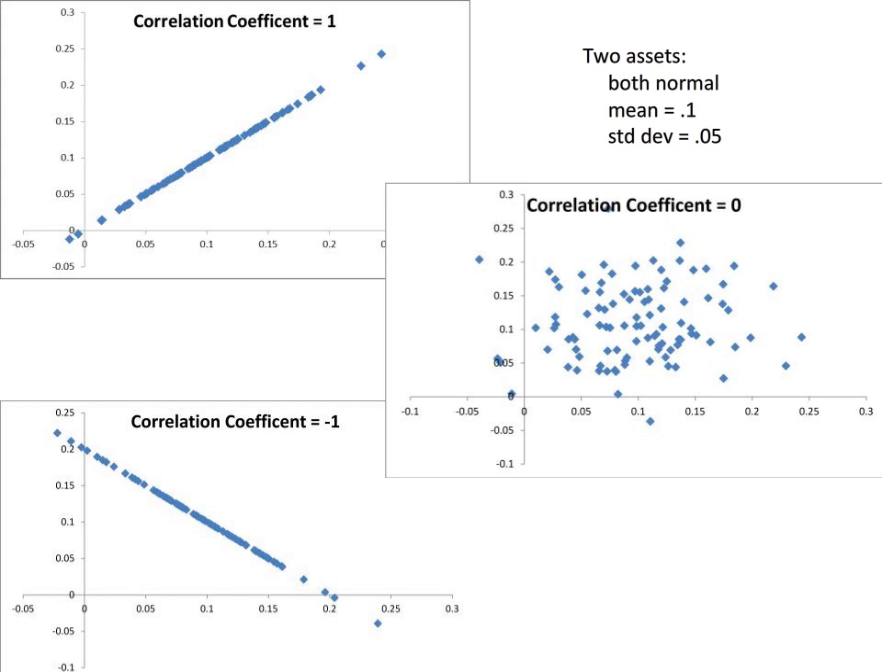All three of these graphs have two assets shown in them. Asset 1 would be the horizontal axis, asset 2 would be the vertical axis. And what I did here was array the returns of two assets, given that they're both mean 0.1, standard deviation of 0.05. So both of these assets have the same expected return and same standard deviation. What I then did was array the returns,